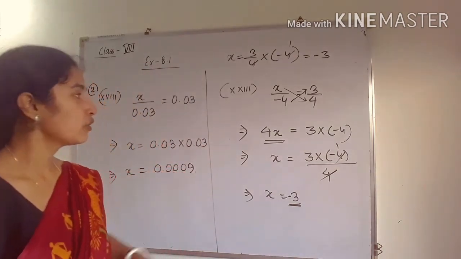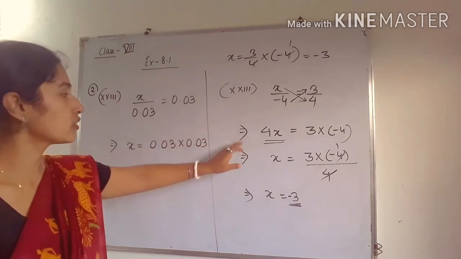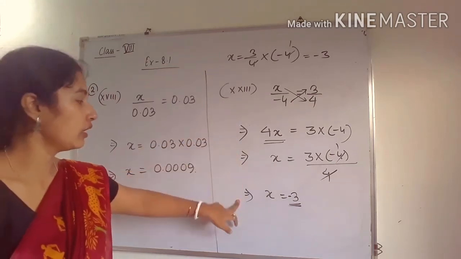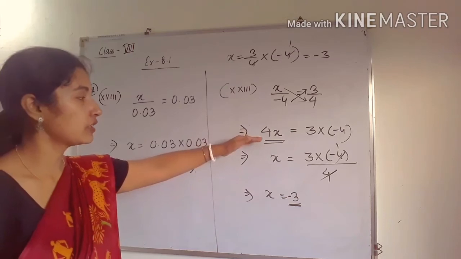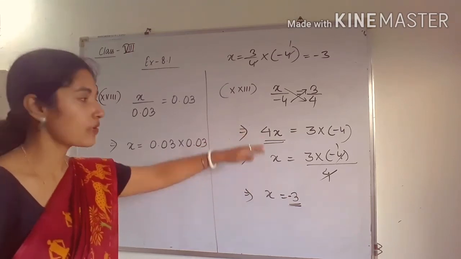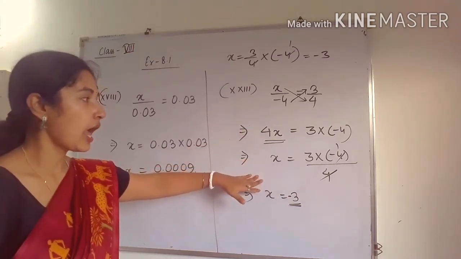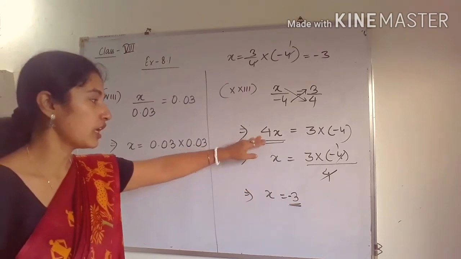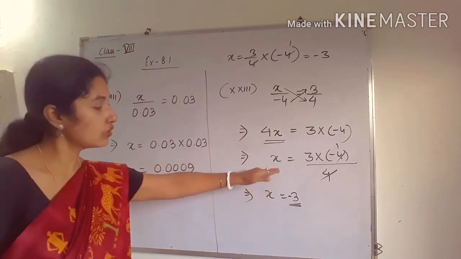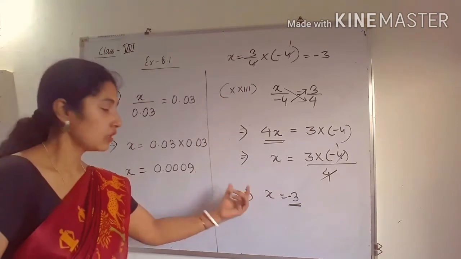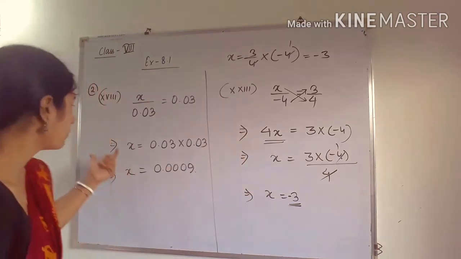So see what is the process? Whenever you are solving an equation, you have to put the implies sign here. That means after this step, you have to write this step. This will be a continuation of steps. That means if this is true, then we can write this. If this is true, then we can write this. So you have to put the implies sign before this.